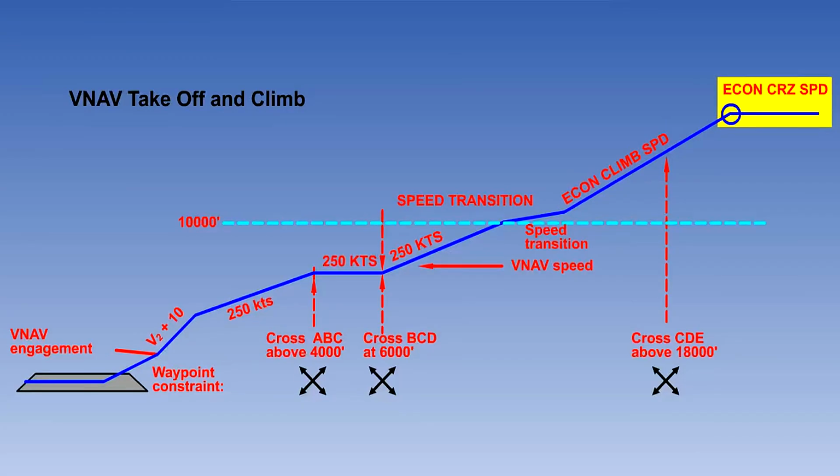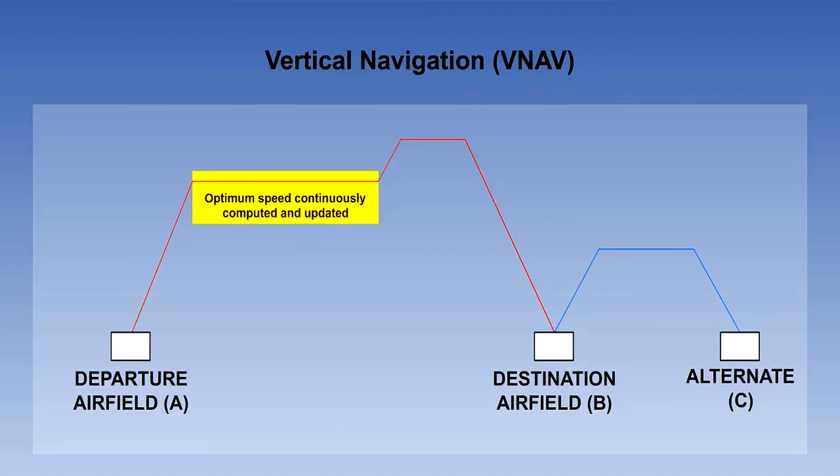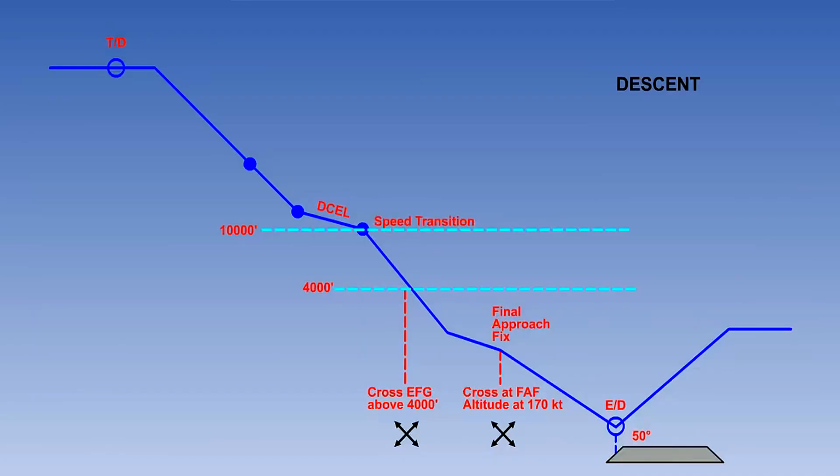At the top of the climb, the aircraft is commanded to level off and is accelerated to the economical cruise speed. Again, this is calculated by the computer taking into account weight, altitude and temperature. As the aircraft proceeds along the level portion of the route, as fuel is burned and the weight reduces and as the temperature changes, the optimum economical cruise speed is continuously updated. The Mach number point along the route where the aircraft is now light enough to make it worthwhile continuing the cruise at a higher flight level, subject to air traffic constraints. This is called a step climb.